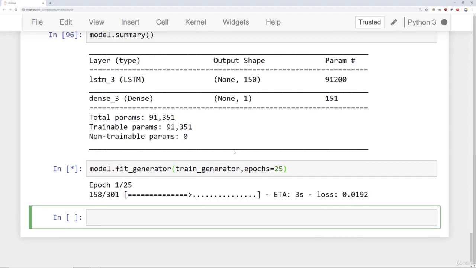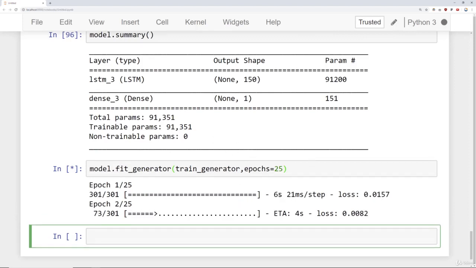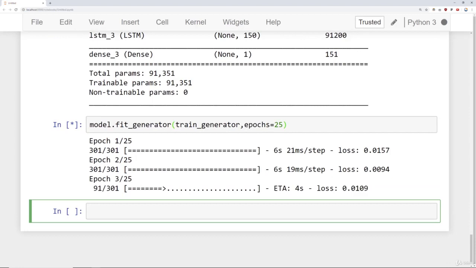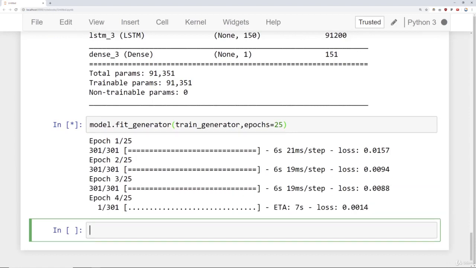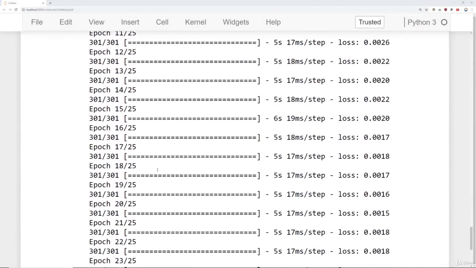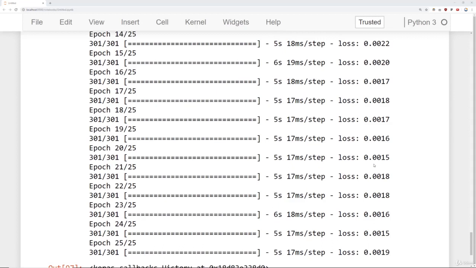It'll take a few seconds per epoch on a really fast computer. I have a very fast computer, and it takes me somewhere between 1 to 10 seconds per epoch. So I'll fast forward in time until this is done training on those 25 epochs, essentially 25 full runs through the training data. Alright, so fast forward in time, this is now trained for 25 epochs, and basically you can see here that